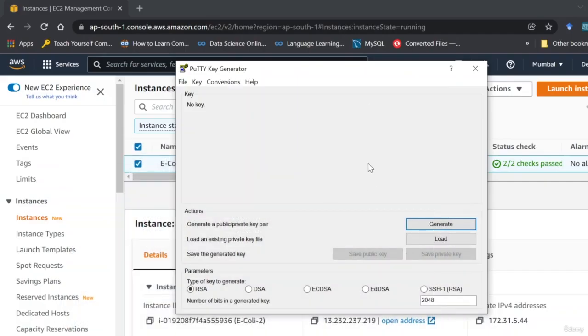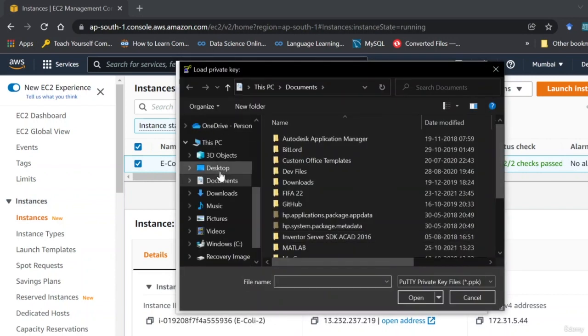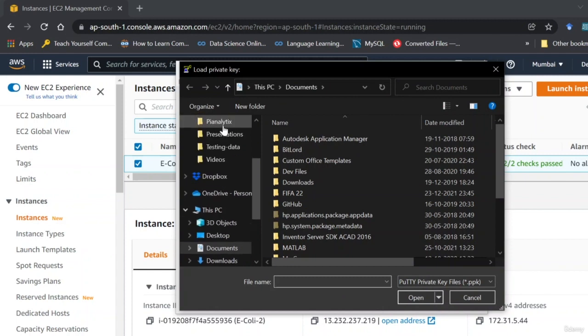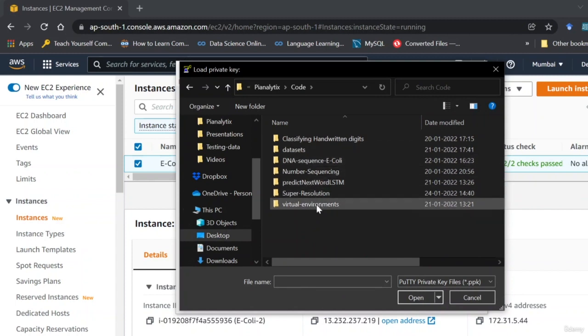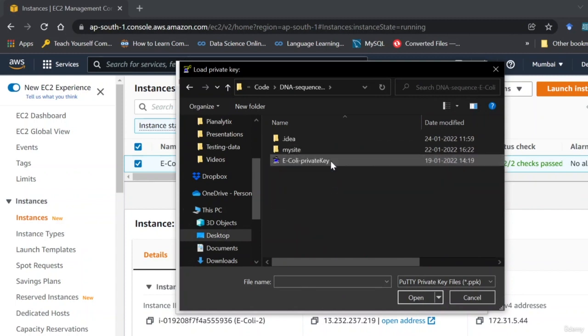Okay, so here it gives you two options: generate a key pair or load an existing one. So you have to actually generate one. Sorry, when we say generate, I mean you first have to load one. So you would go here, and now you can see that though the .pem file was present here,